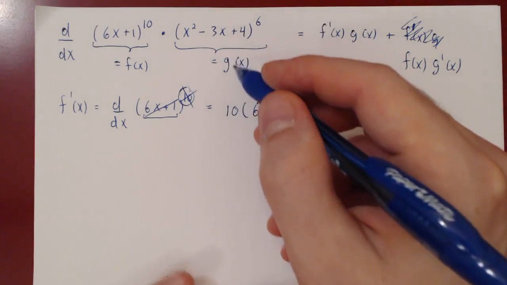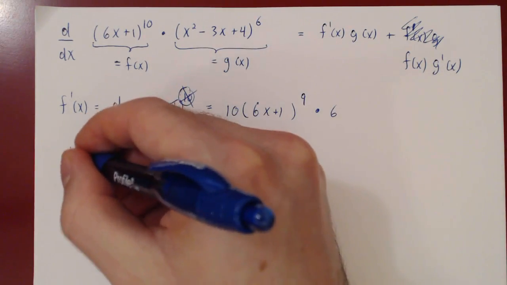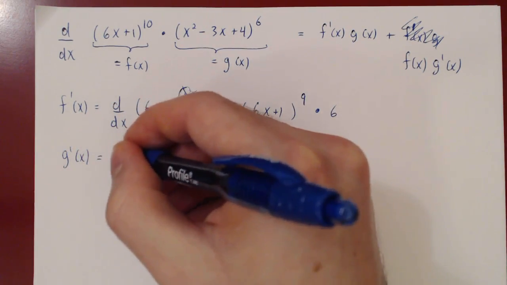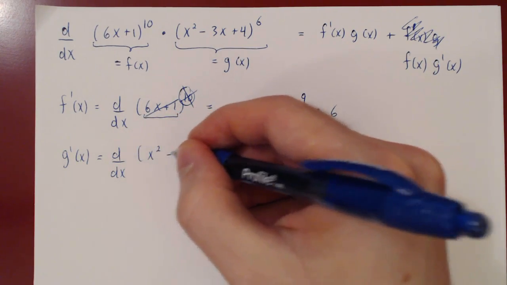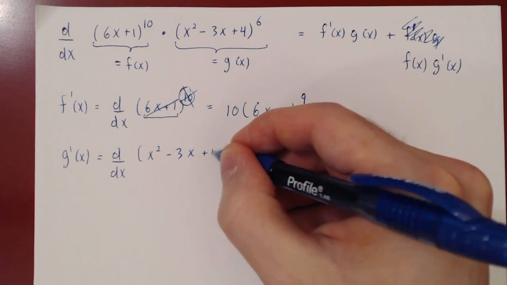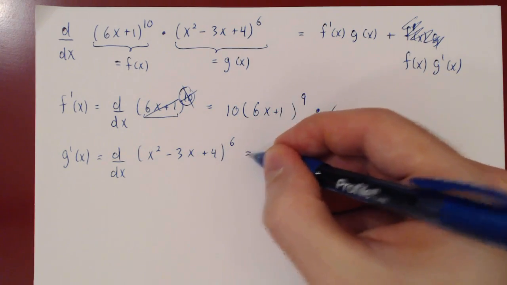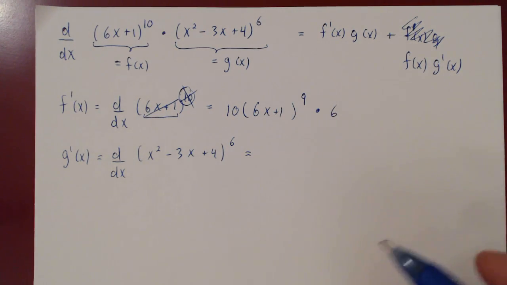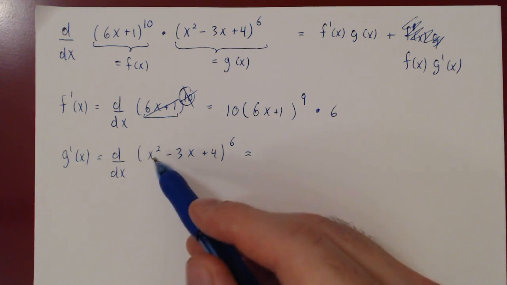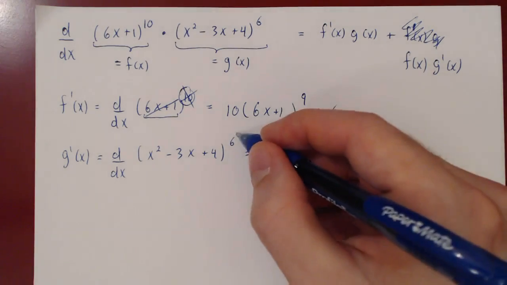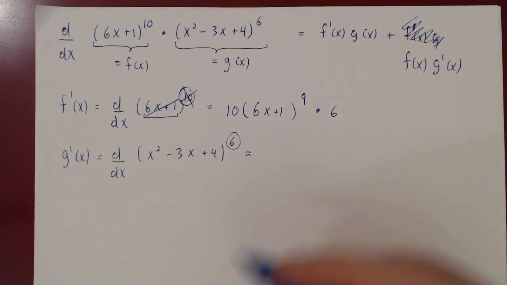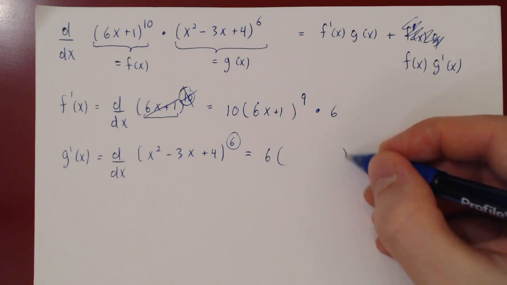Let's differentiate g of x. So g prime of x is the derivative of (x squared minus 3x plus 4) all to the 6th power. Once again, here we have a composition. If I give you a value of x, you first square it, subtract 3x, plus 4, and then take the 6th power. The outside function is the 6th power. We use the power rule,